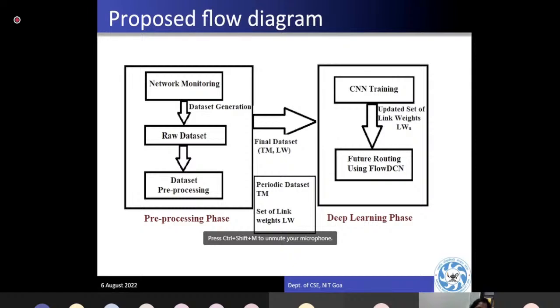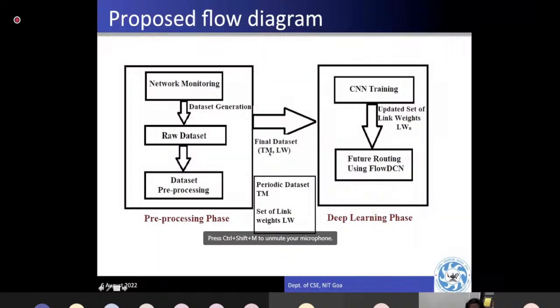As I just discussed the flow diagram of the ML, similarly we can make a comparison here, that in ML we need data collection. This is the data collection phase, where we monitor the whole data using some tools. We have used the ITER tool. Then the raw data is pre-processed, meaning we remove the data which we don't need. We look into which features we really need, and after that we send that as the input.